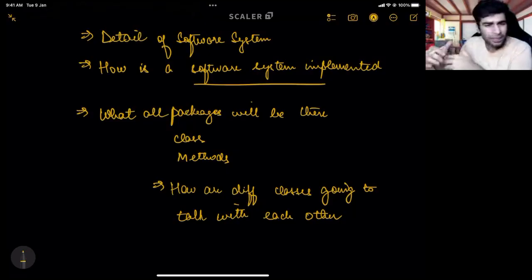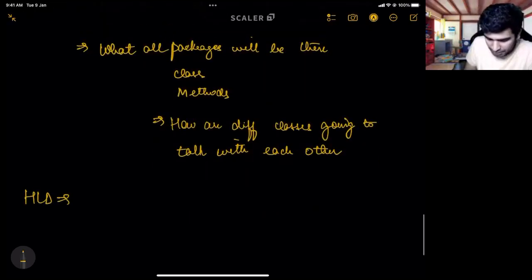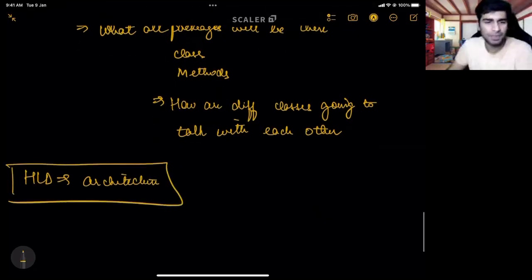Now, why are we so much interested in the code? So I think there are a few questions. Is LLD and architecture same? Shashank, often HLD stands for architecture. LLD doesn't stand for architecture. HLD stands for system architecture for most of the times. Okay, but sometimes architecture is used even for LLD.